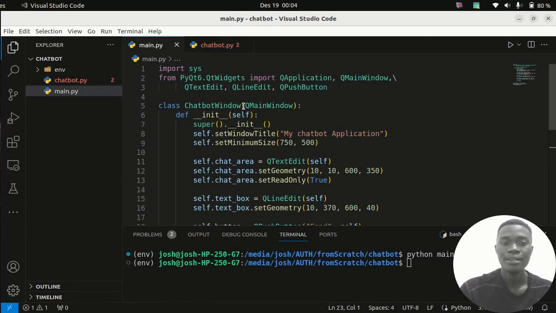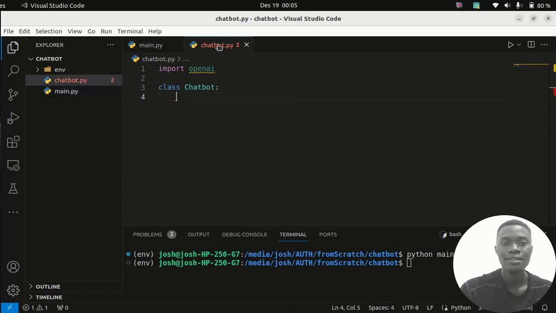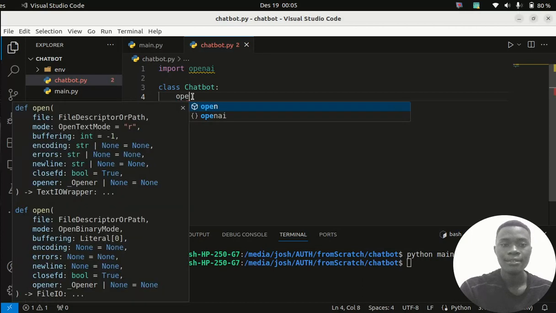Here we had a class, but it took one of the widgets of this class. But right now let's just write the processing for the chatbot, and it has